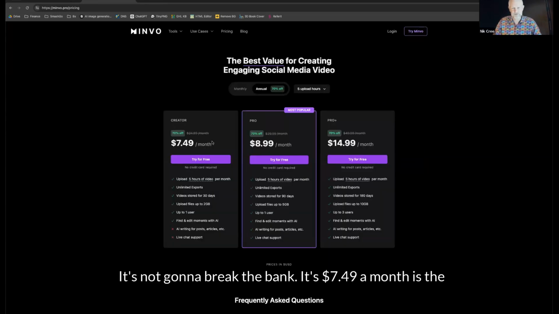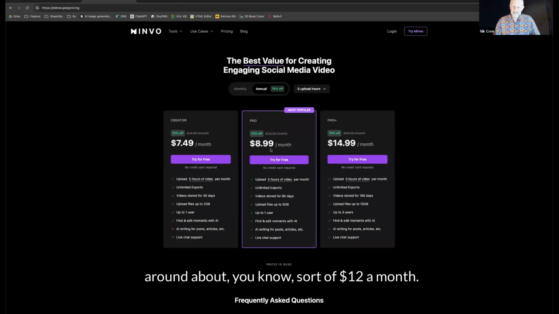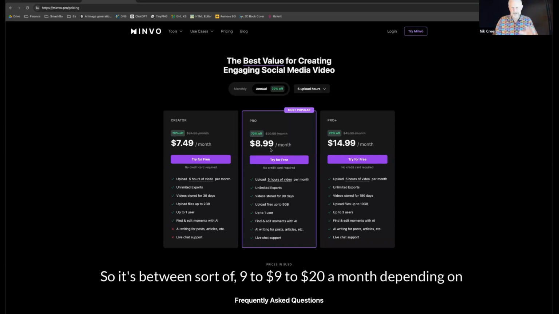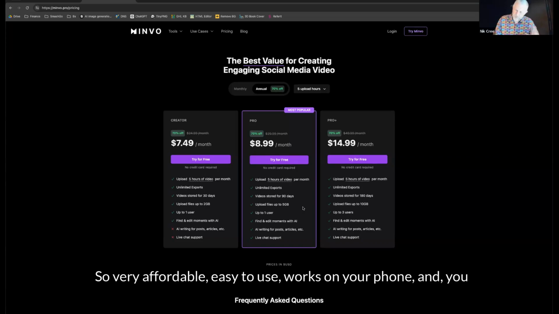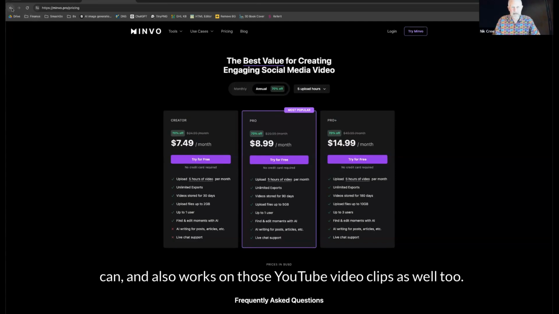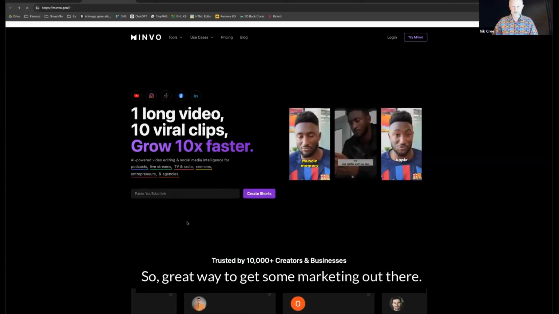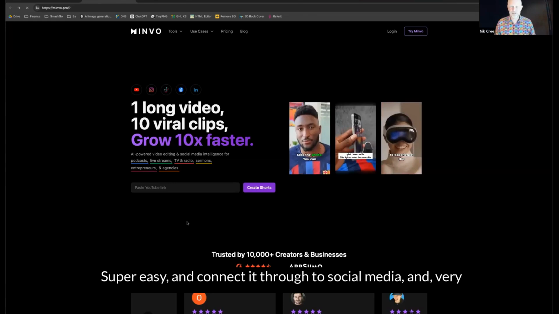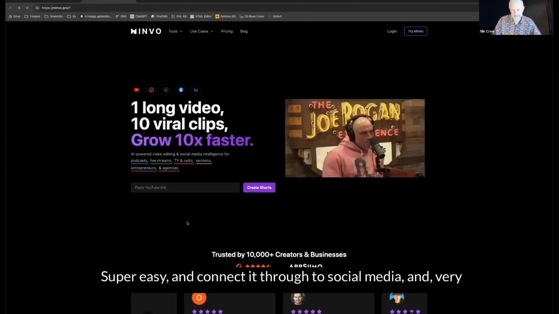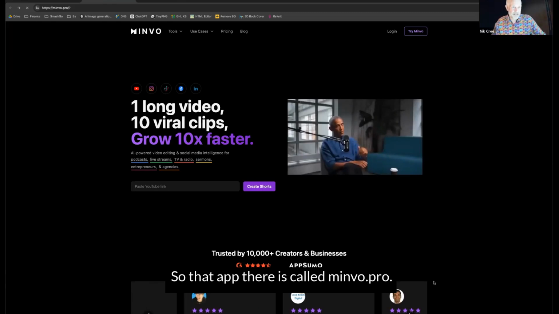It's $7.49 a month is the minimum plan, $8.99 a month. If we convert it to Aussie New Zealand dollars, that's around about $12 a month. So it's between $9 to $20 a month, depending on which plan you're on. Very affordable, easy to use. It works on your phone, and also works on those YouTube video clips as well. So great way to get some marketing out there, super easy, and connect it through to social media, and very easy to make those shorts or those reels. So that app there is called